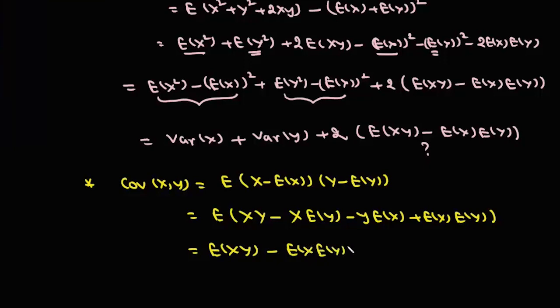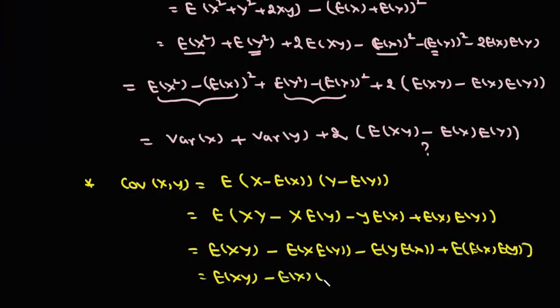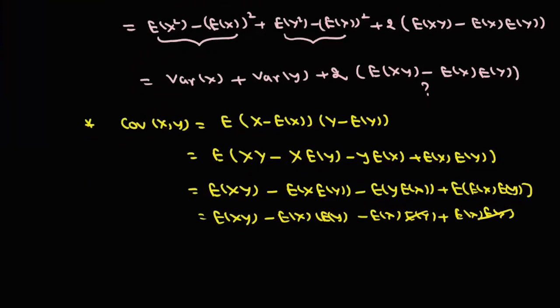ई एक्स इंटू ई वाई, और ये हो जाएगा ई वाई इंटू ई एक्स और प्लस एक्सपेक्टेशन ऑफ ई एक्स इंटू ई वाई। अब ये है ई एक्स वाई। अब ई वाई बेसिकली मीन है, कांस्टेंट है, तो ये हो जाएगा आपका ई एक्स इंटू ई वाई, ये भी हो जाएगा आपका ई एक्स इंटू ई वाई, और एक्सपेक्टेशन ऑफ कांस्टेंट है वो कांस्टेंट, तो ये भी हो जाएगा आपका ई एक्स इंटू ई वाई। तो ये कैंसिल हो गया। तो बेसिकली यहां से हमारे पास ये रिजल्ट आया कि